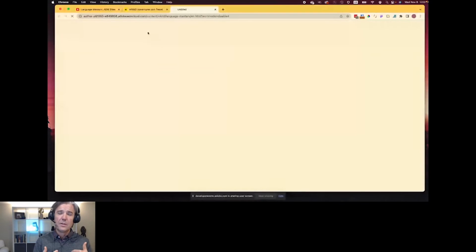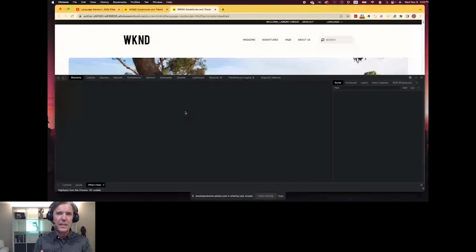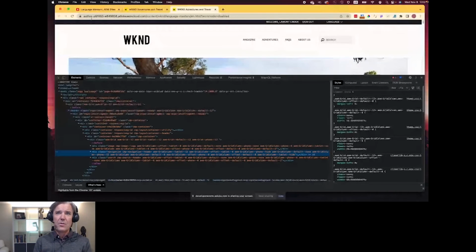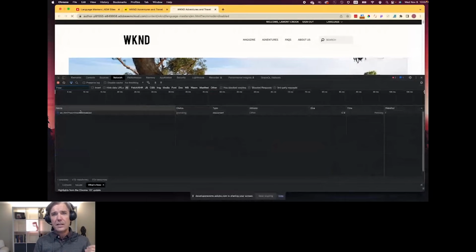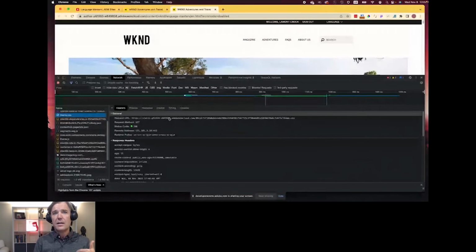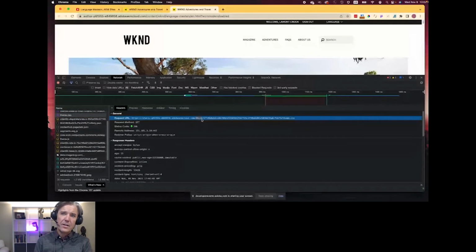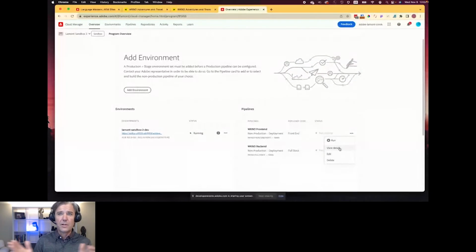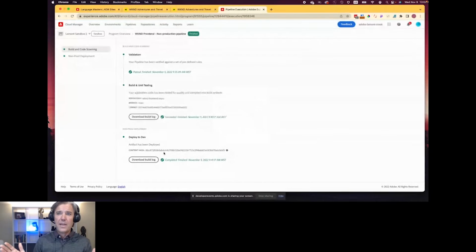And so when we then look at our new site, and we inspect the network calls, you'll notice that now instead of client libs being called, the theme.js, the theme.css, etc., are all being called appropriately. One thing to take a look at here is this request. In this request is this long alphanumeric number that references back to the content hash here.